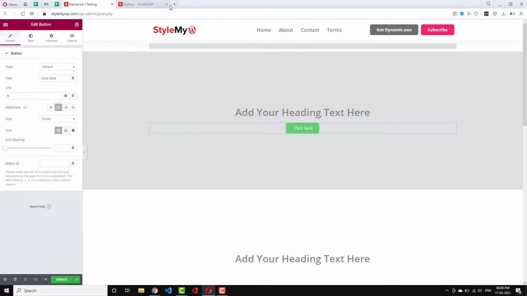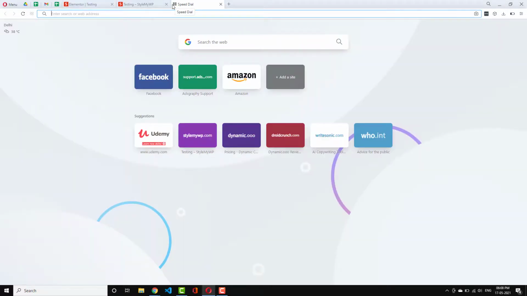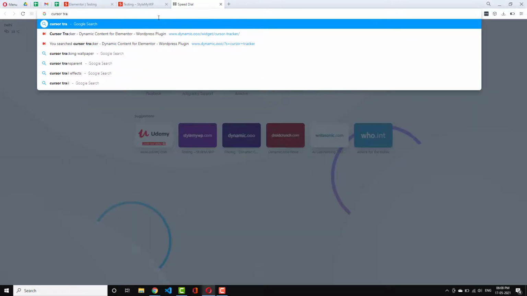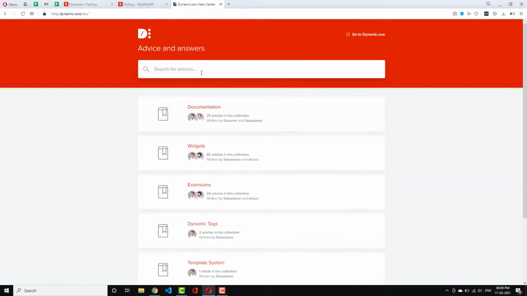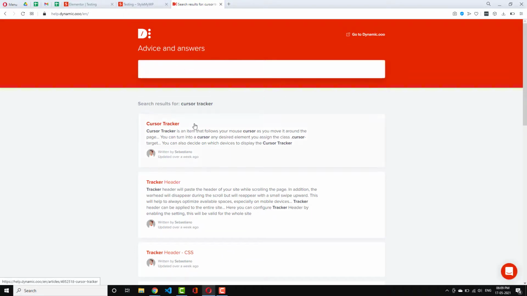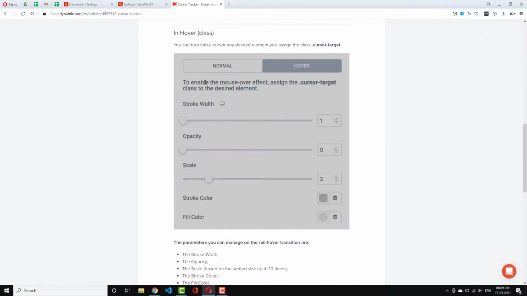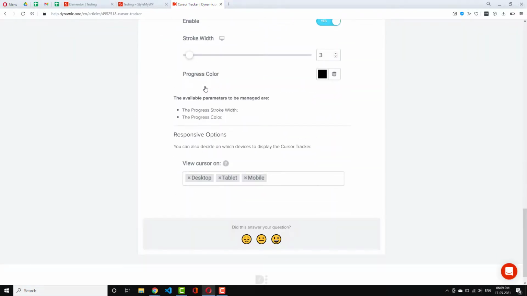You can find a documentation for cursor tracker. Let's search it on help.dynamic.ooo. Let's search here cursor tracker, and here you will see all the details about the widget, right?